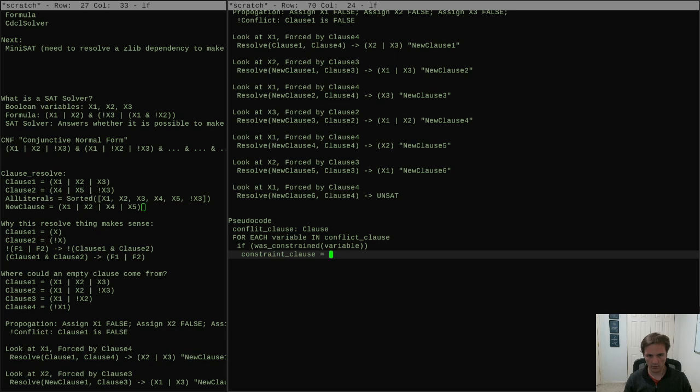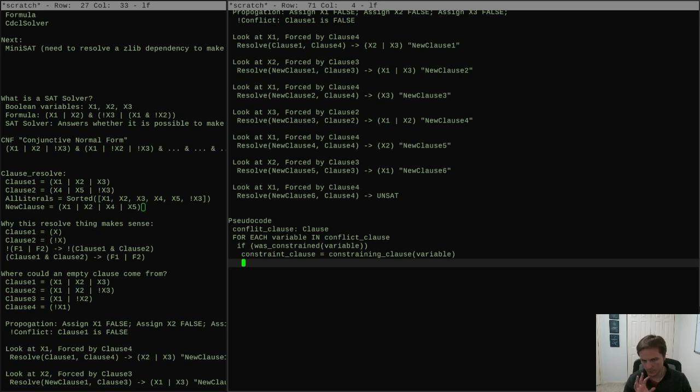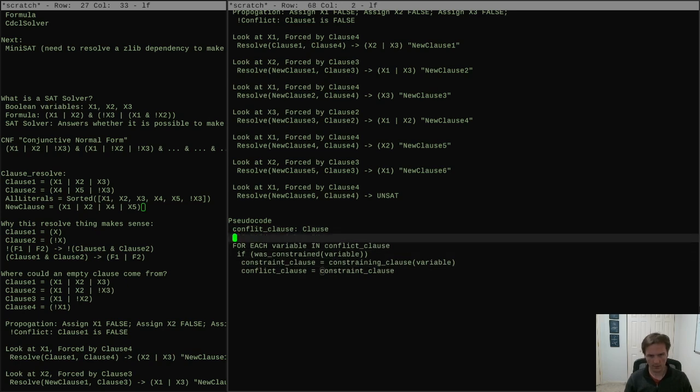If the variable was constrained, then this is the constraining clause of the variable, right? So whatever clause constrains that variable to a particular value. And then we do the conflict clause equals the constraint clause. And so up here we have a loop,